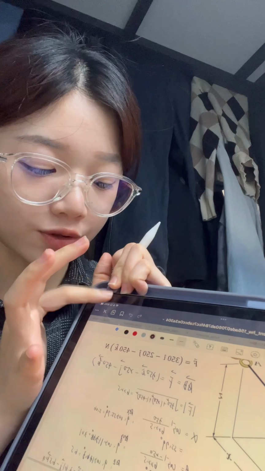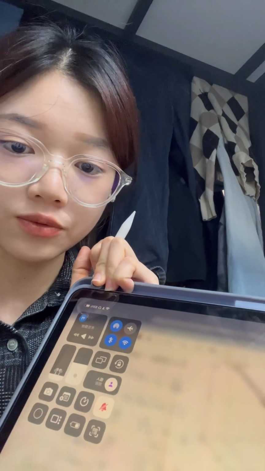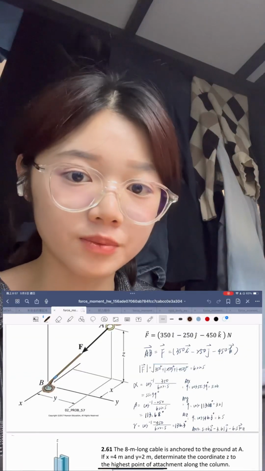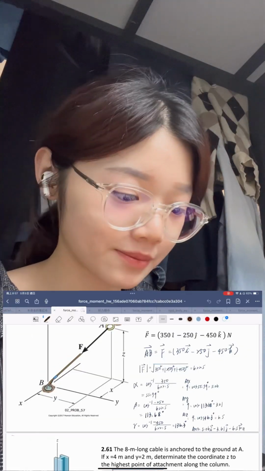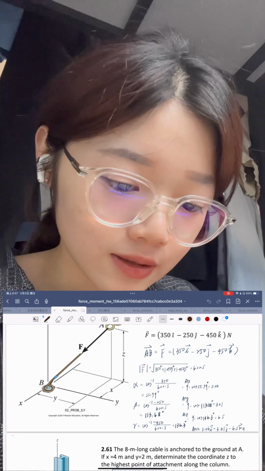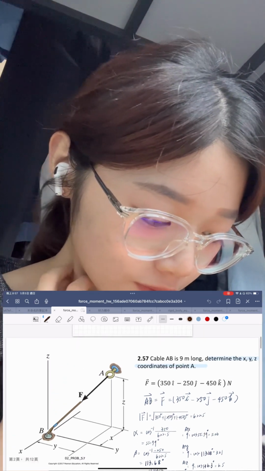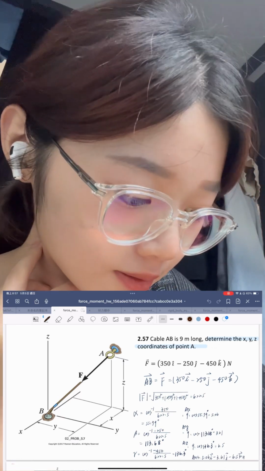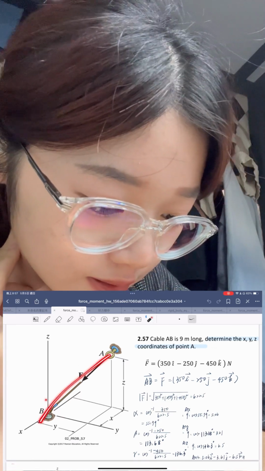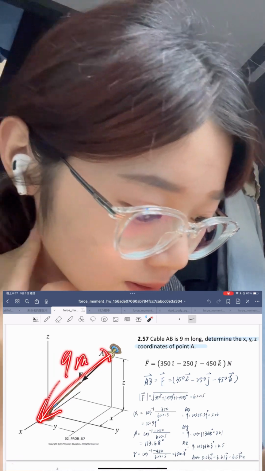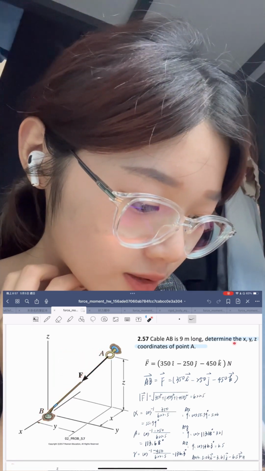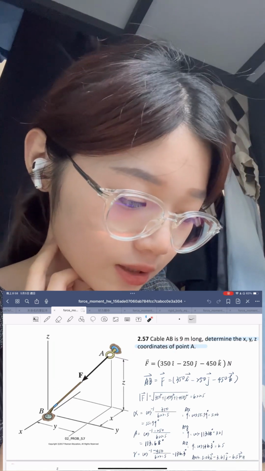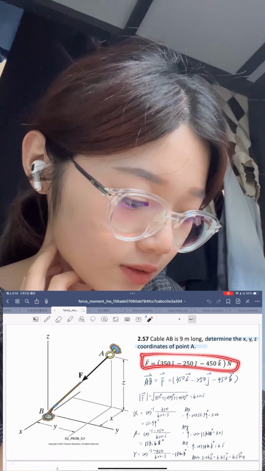I will use the screen recording to teach the mechanics of materials. Okay, and the 2.57, the question is cable AB is 9 meters, and determine the XYZ coordinates of point A, and the questions have the F with the X,